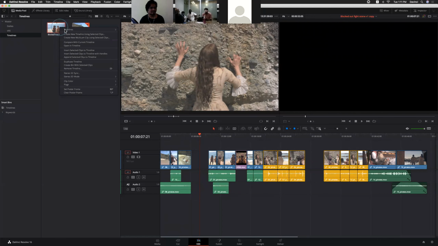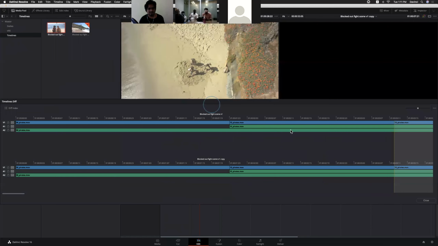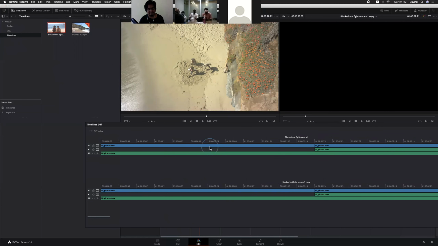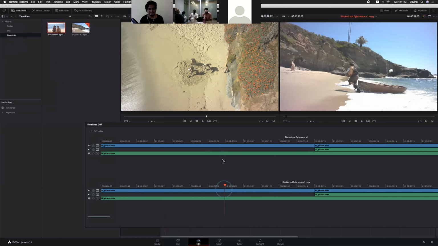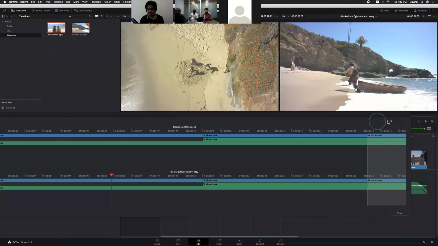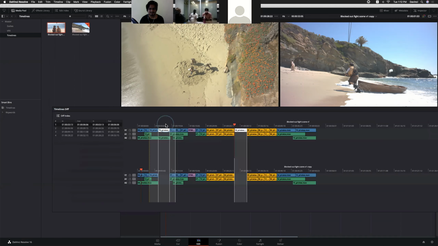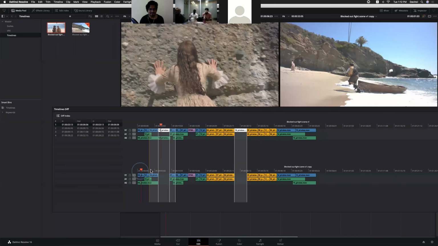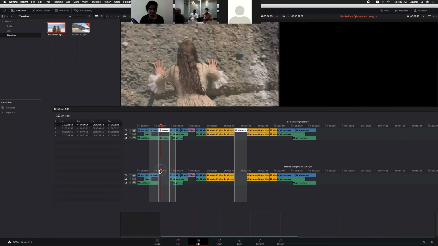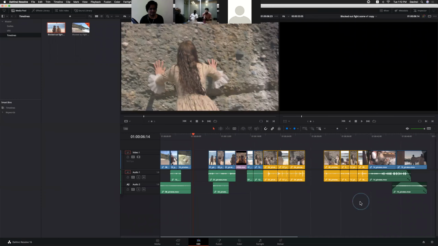Now when you are comparing the timelines, by double clicking, you can see both the timelines, one in the viewer, one in the canvas section, so that you can compare, or even link the playheads to play and see both the timelines at a time. Yeah, let me close this one.